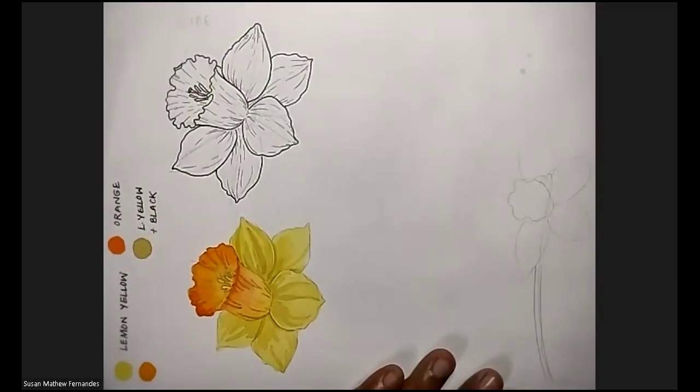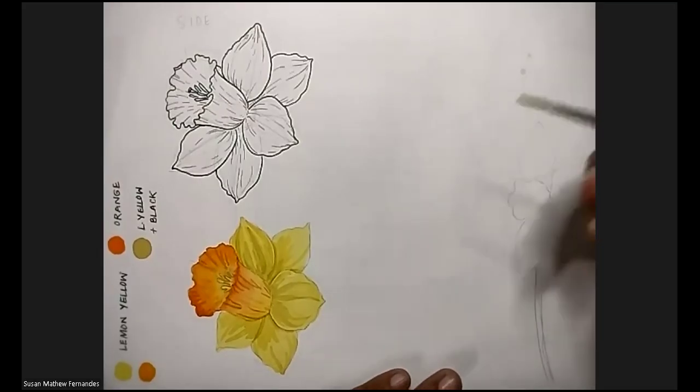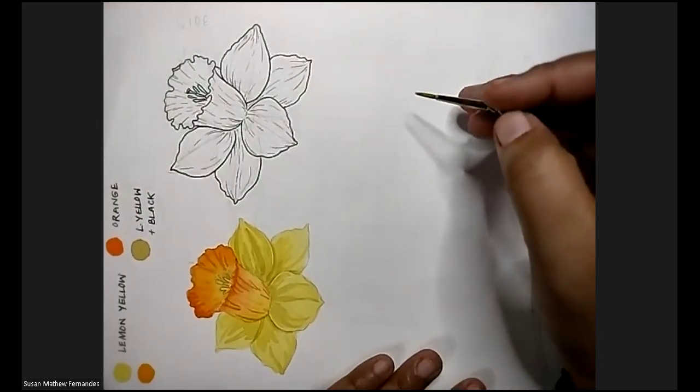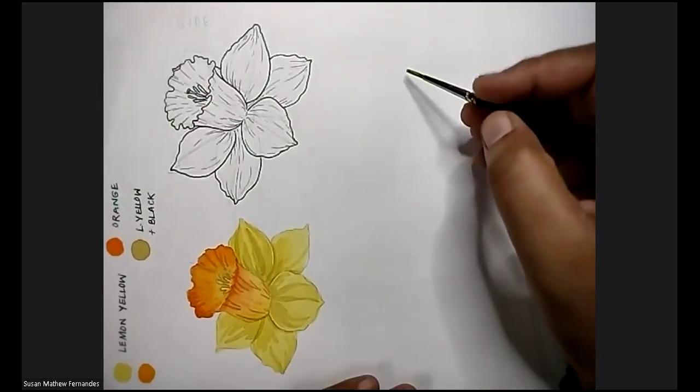Now for this picture, I'll use my size 2 brush itself because the flower is not very big. You can watch me do the first flower and then you can try it. I'll give you a little time to try it. Now in this particular flower, I'm going with lemon yellow first. And this time I'm doing something interesting. The flower is facing on its side, so I'm going to do